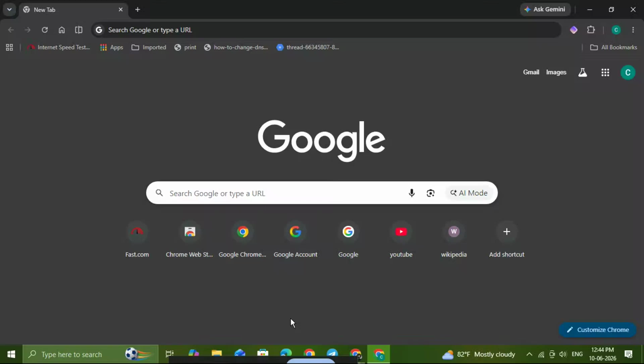If you want to give Google Chrome a fresh new look, today I'm going to show you how to use the Chrome UI refresh colors in just a few simple steps. This is a quick and easy way to customize your browser so it feels more personal, more polished, and easier on the eyes. Whether you want to match your wallpaper, use a preset theme, or pick a very specific color,